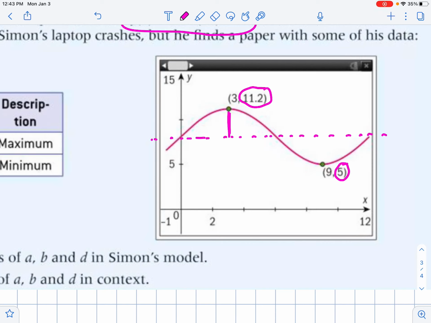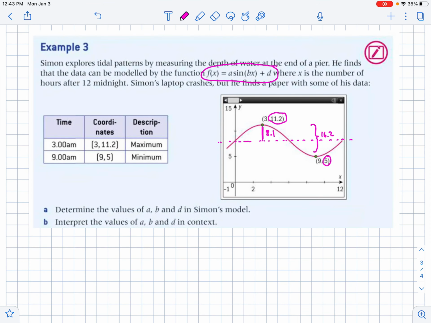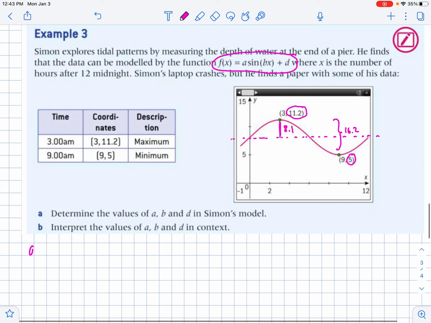But that's the distance from the bottom all the way to the top, which is double the amplitude. So you actually need to divide that in half. So 5 plus 11.2 is 16.2, and divide by 2 is 8.1. So because this entire distance is 16.2, half of it is going to be 8.1. So for part A